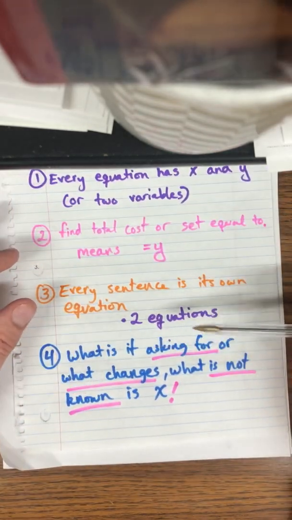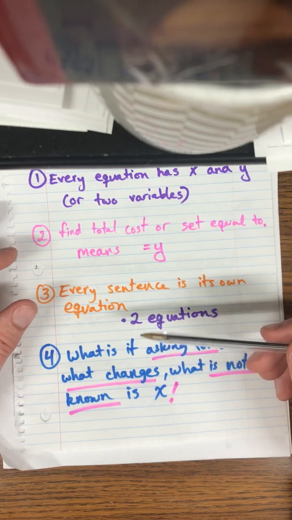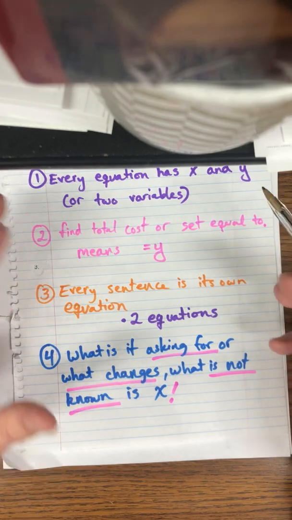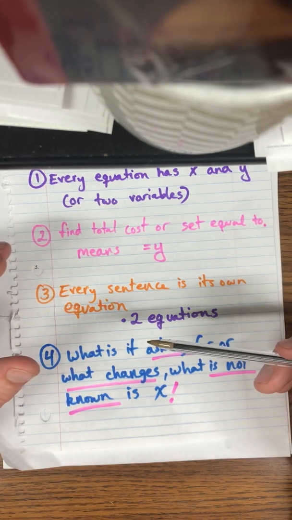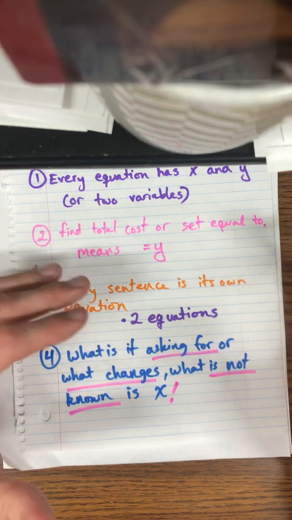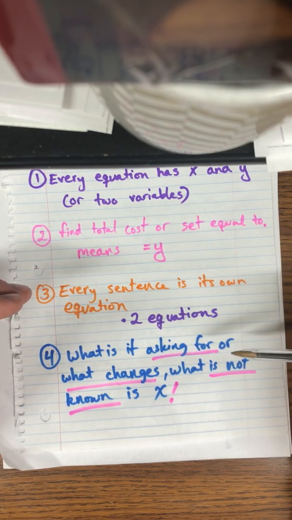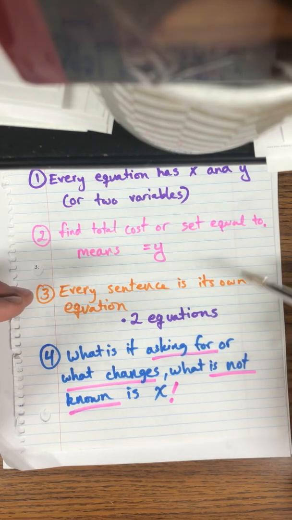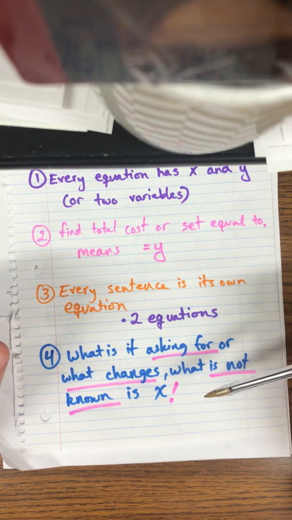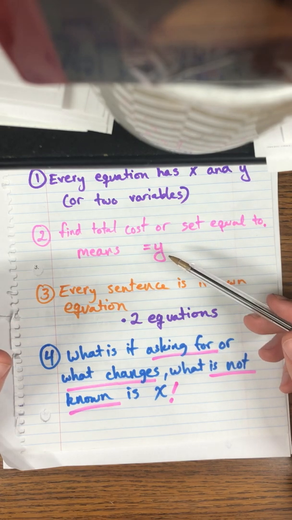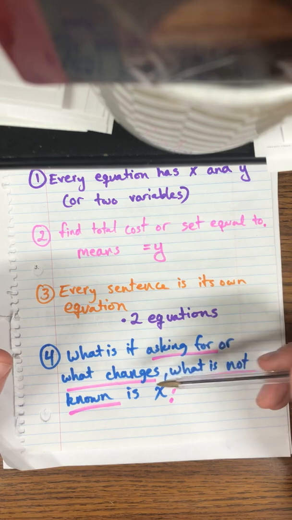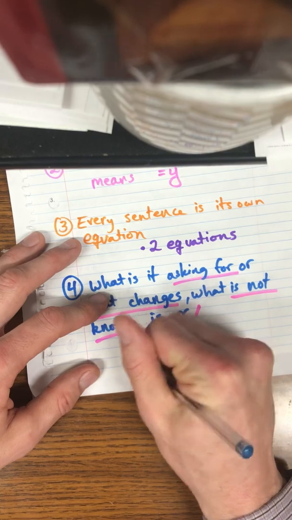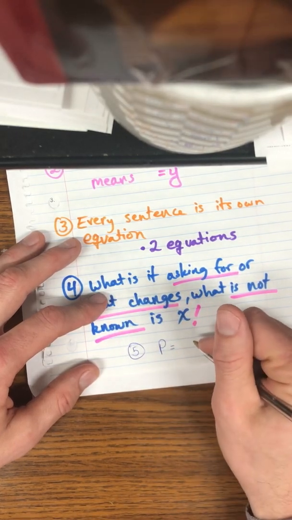And then think about what it's asking for or what changes, like the number of toppings on a pizza or the number of days that you add savings to, or the number of shirts you order, whatever it is, or what's not known when it says how many of this will make this true. That's x, okay? So y is typically found with cost or the total, and x is typically what changes. And I'm going to add the fifth one, and that is you have to know that perimeter is equal